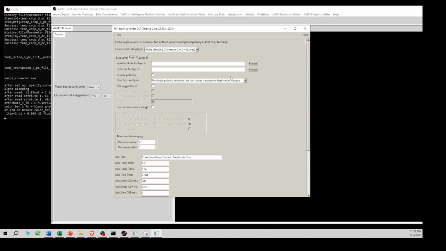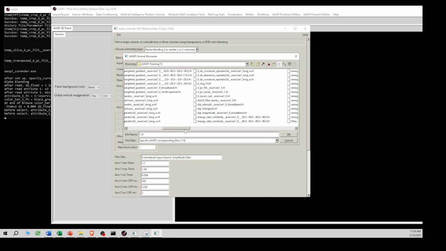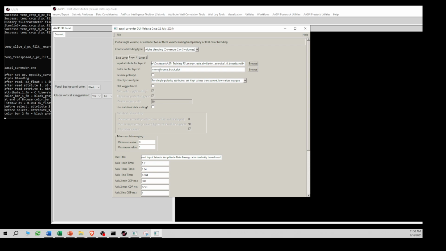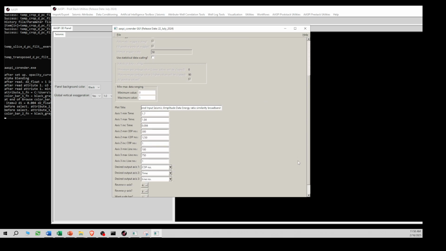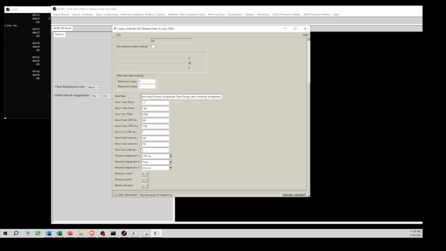Let's do some sort of nice classic coherence. So we're going to do energy ratio similarity. We'll just do the broadband. We're going to do that in a monochrome, black-white. And all of these parameters should be as I just set them. And I will just hit execute co-render. Give it a second to run,